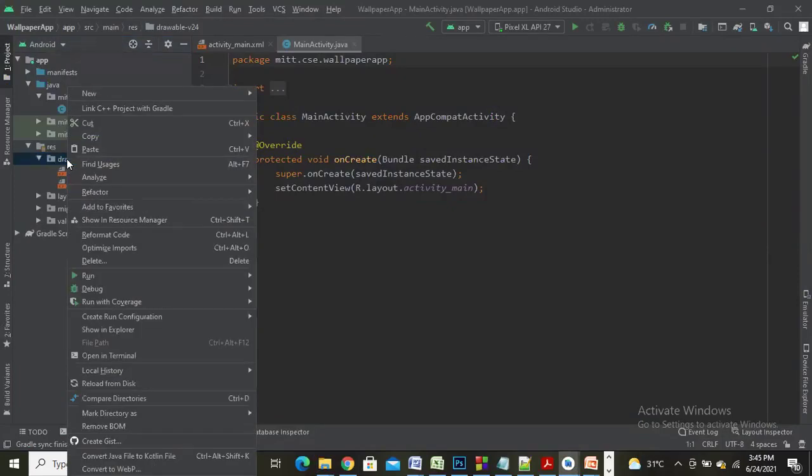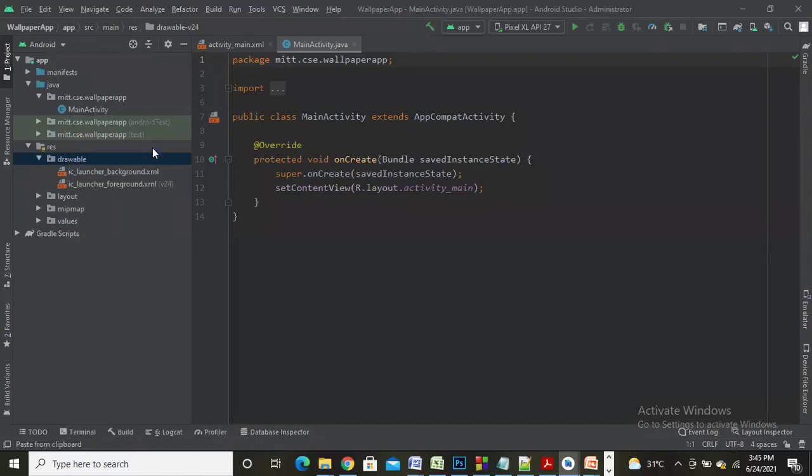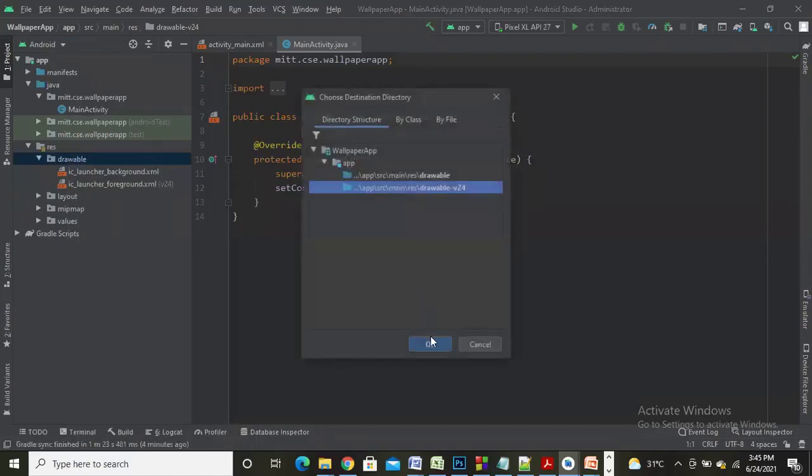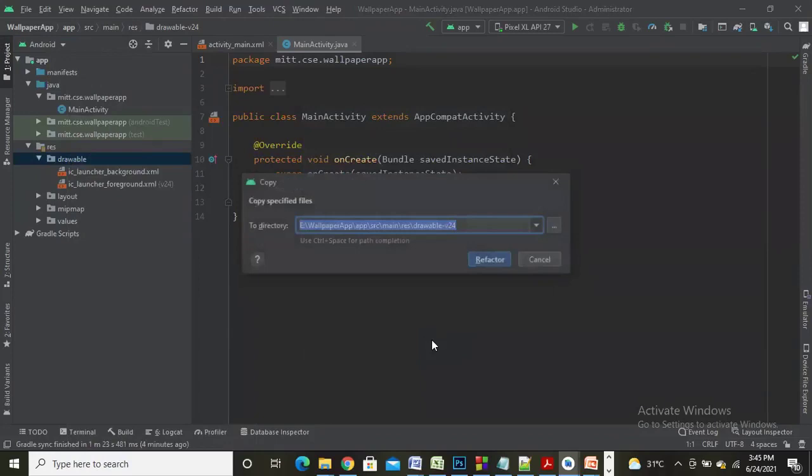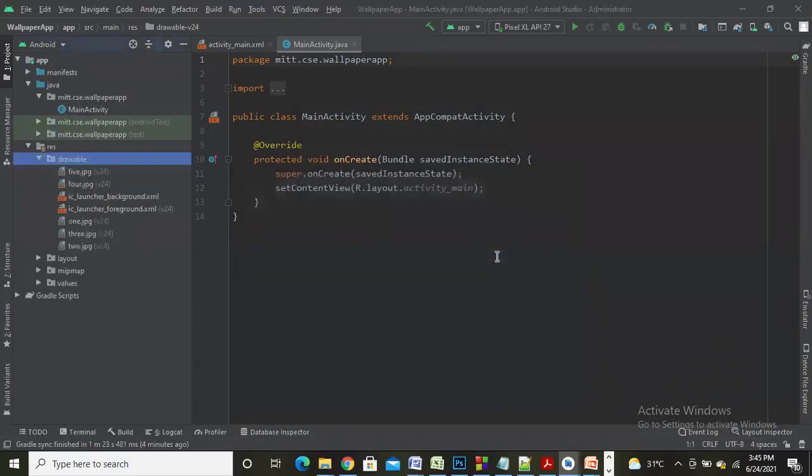Right click on this drawable folder and click on paste. So select OK. Click on refactor. So you can see all the wallpapers which I had downloaded have been copied to the drawable folder, which is present under resource.